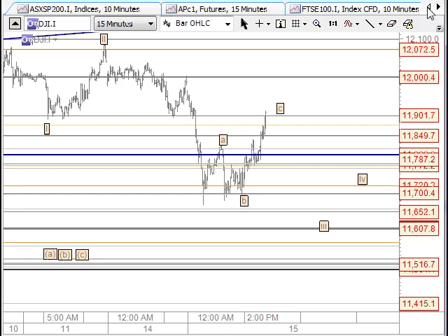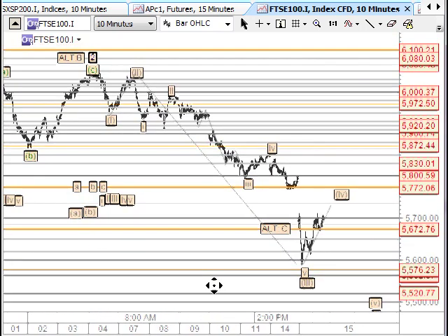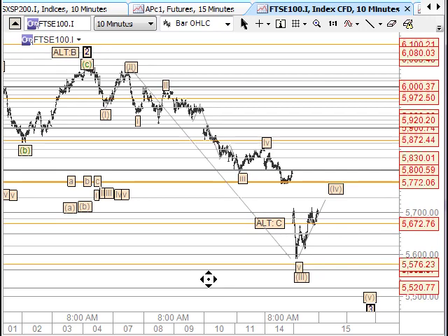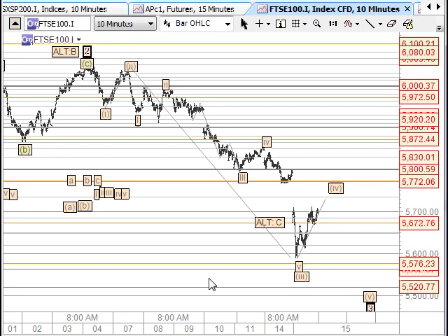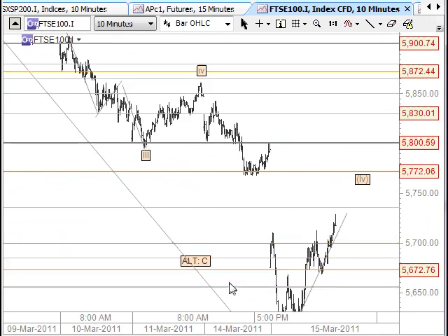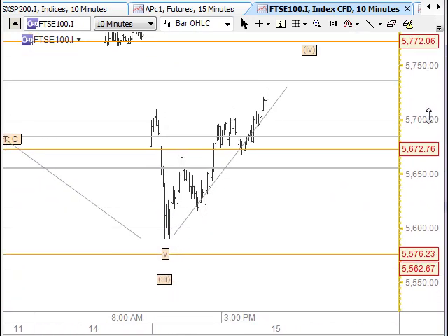Okay, so the FTSE. It's a bit like the Australian market really, except with 10 times the volume that gets traded, but also in terms of the actual pattern. On our local market I mentioned that we were looking at a wave 3 low coming into play, and a wave 4 and a wave 5 to come down. So that would be the case with this market here. This market works very well with the levels on all levels in all time frames, so just continue to trade with that in mind.